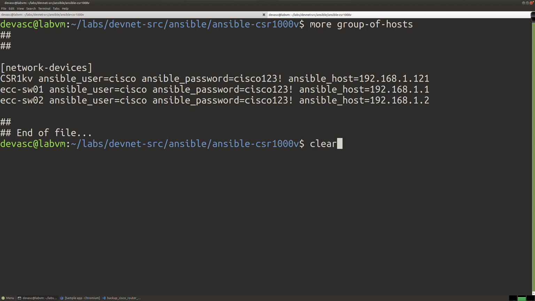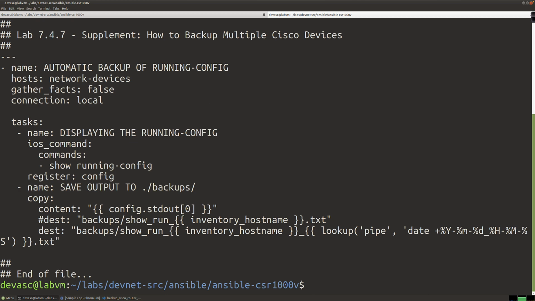And then in that playbook, under hosts, instead of saying host and then put CSR1KV and then do another host thing for whatever, you don't do that, right? You create the group in your Ansible inventory file, and then you specify it and indicate that here. So let's run this and see what happens when I say